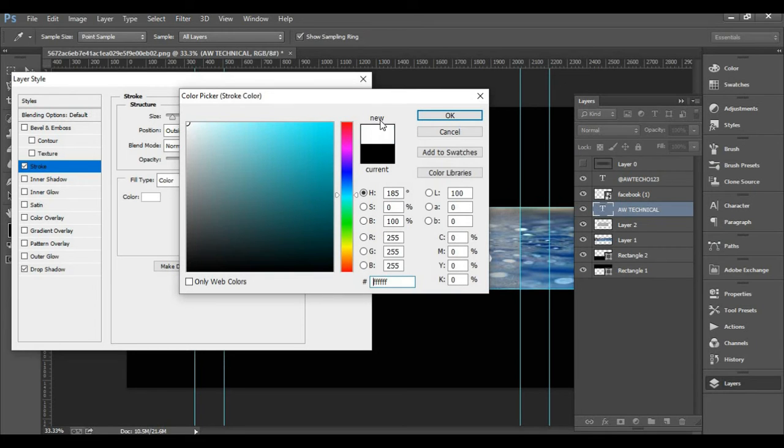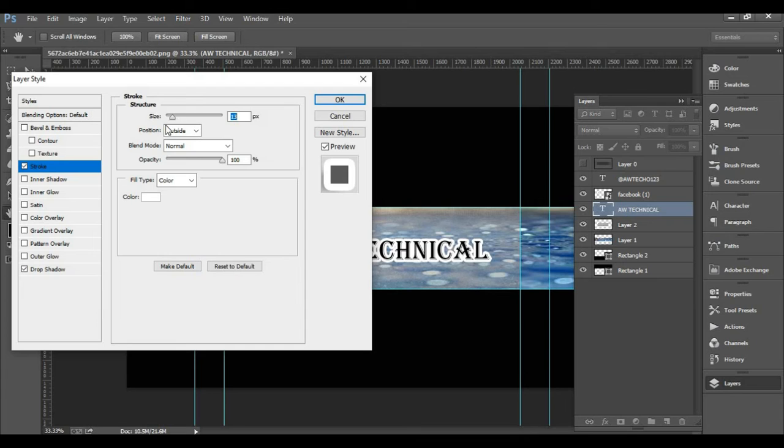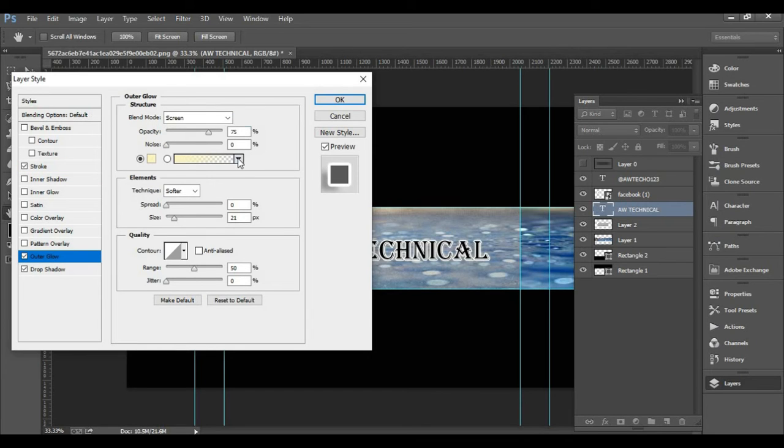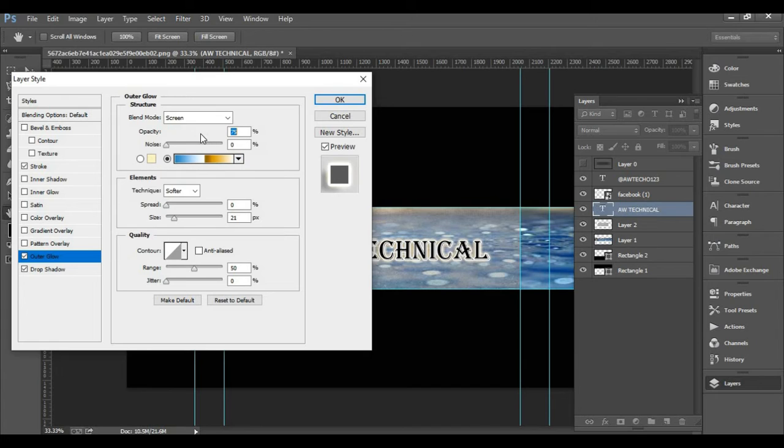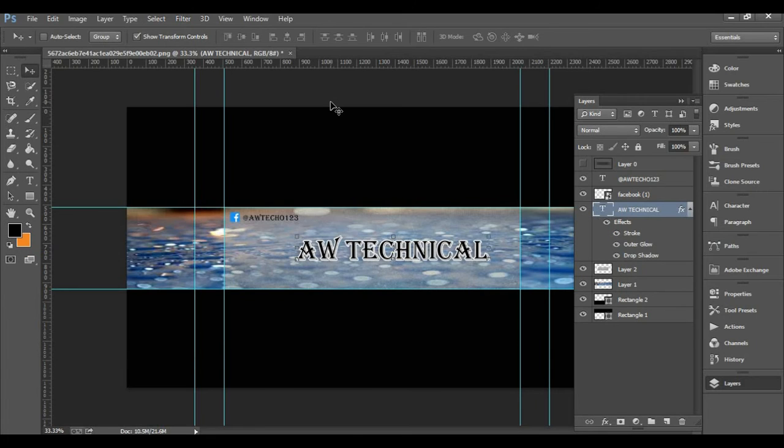I am changing it to white. I will decrease the size of the stroke. Here it's fine. Add outer glow. Now it's fine. It looks good now.